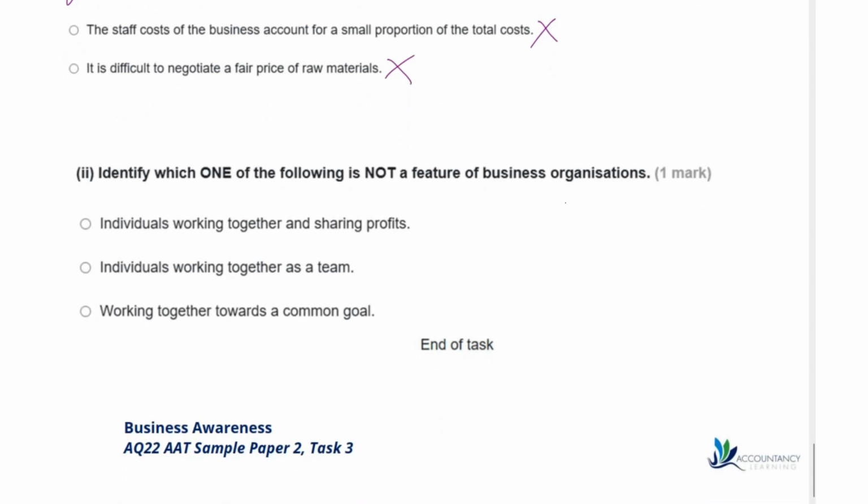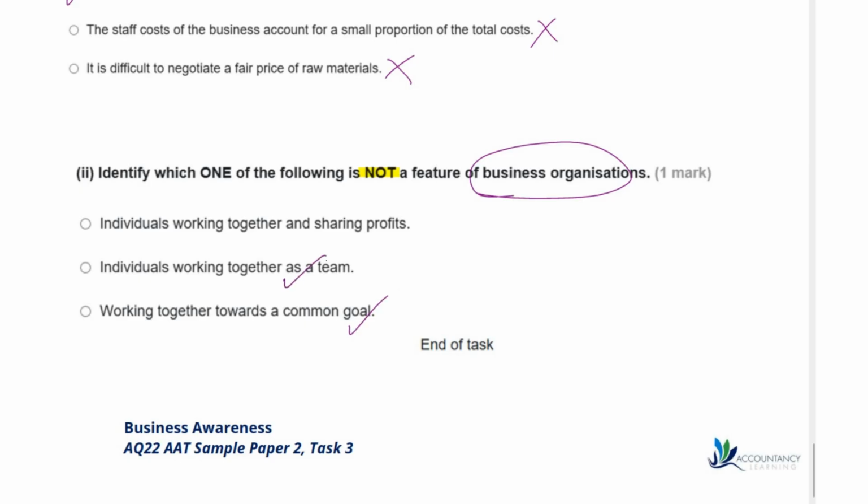Now, our final part of task 3 is to identify which one of the following is not a feature of business organisations. Individuals working together and sharing profits, individuals working together as a team, or individuals working together towards a common goal. So in terms of business organisations, yes, they do need to work towards a common goal.